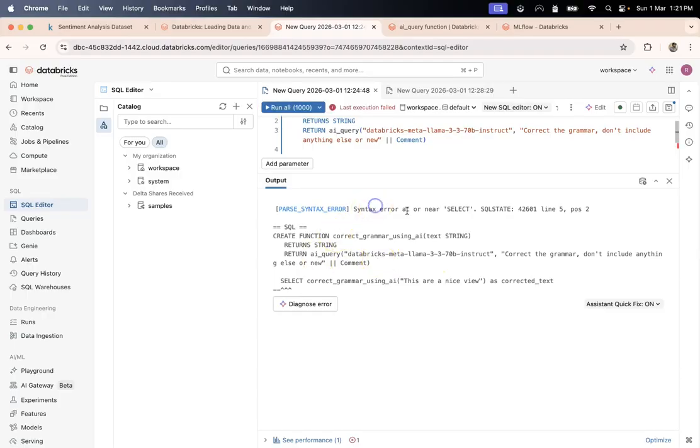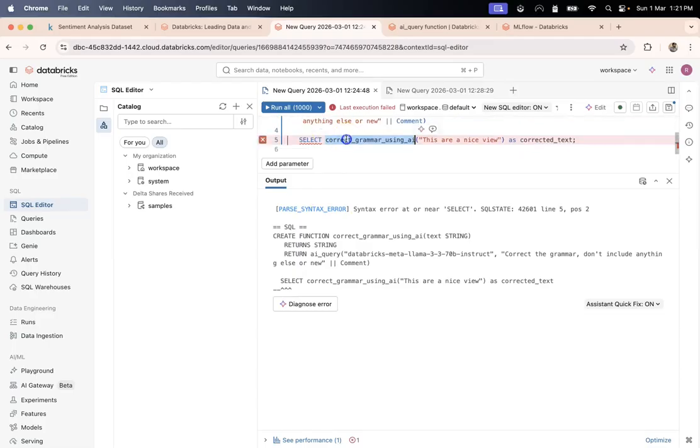Okay, so syntax error near select. Correct the grammar. Don't include. Why is this a syntax error? So I'm trying to call this function. Syntax error. Select. Run all. Why exactly is it wrong? Give me a second. Let me fix this error.